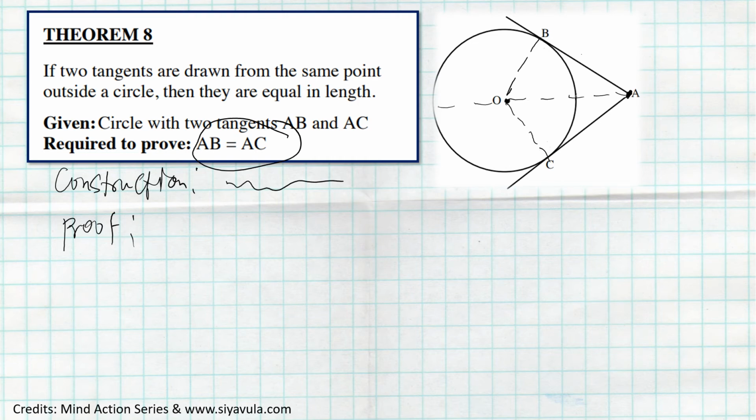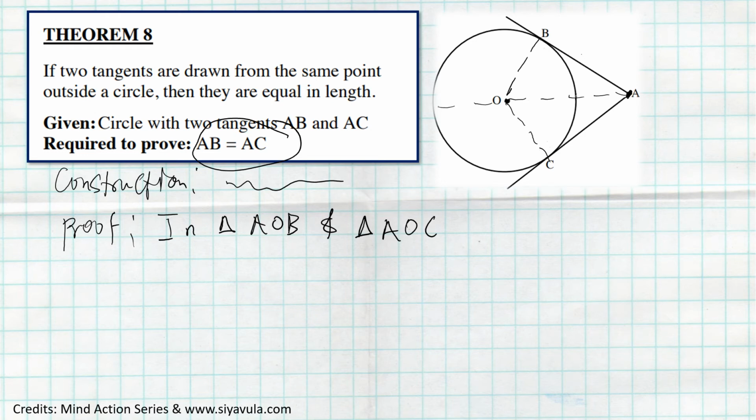Obviously it can be lines only and all that. Then we can deduce that the other remaining ones are also equal, because if you get three things, then you can prove that these two triangles are congruent. If they are congruent, we can also deduce that other sides are also equal, because congruency means same shape and same size. So in our proof, we're going to say in triangle AOB and triangle